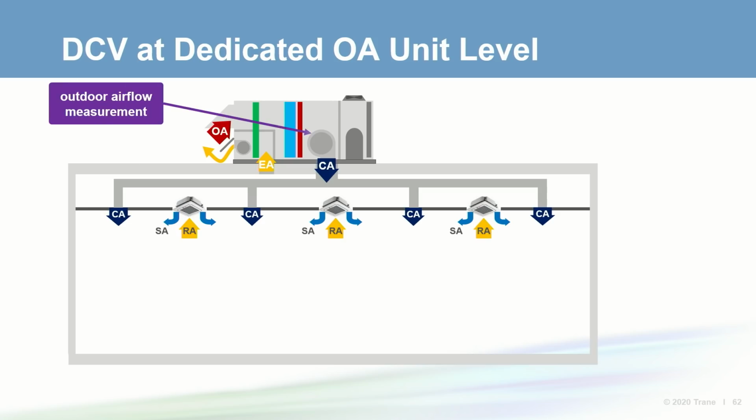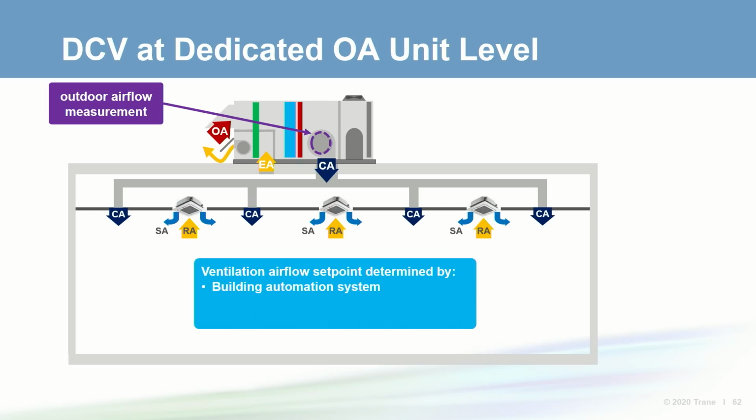In this case, the unit's fan airflow is measured and controlled directly. If there's a building automation system, it might be used to count the number of occupants or by some other means measure or predict the number of occupants in the zone. Then the BAS recalculates the ventilation requirement based on current population and sends this new ventilation set point to the